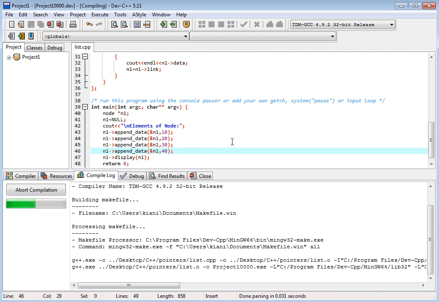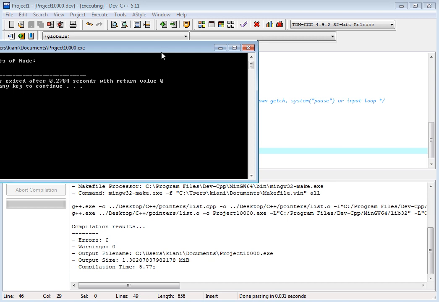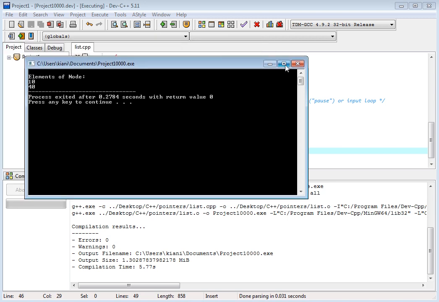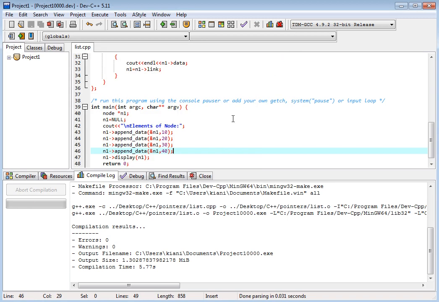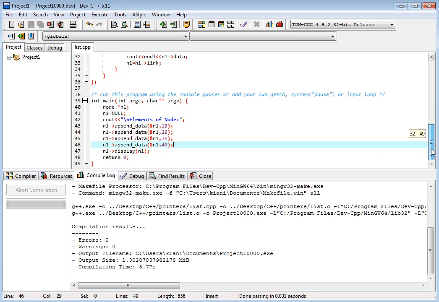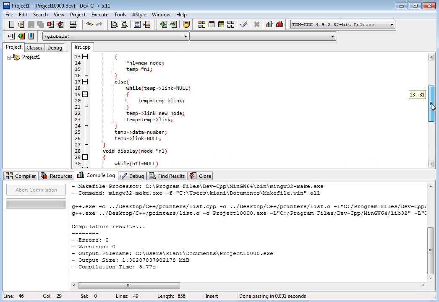We compile it. First and last node, it is showing first and last node.